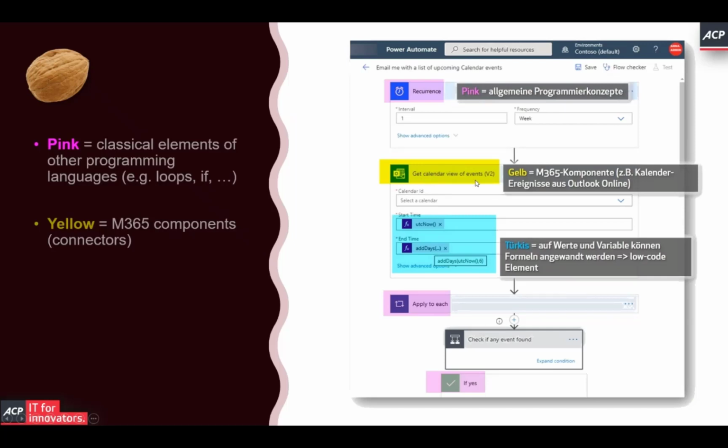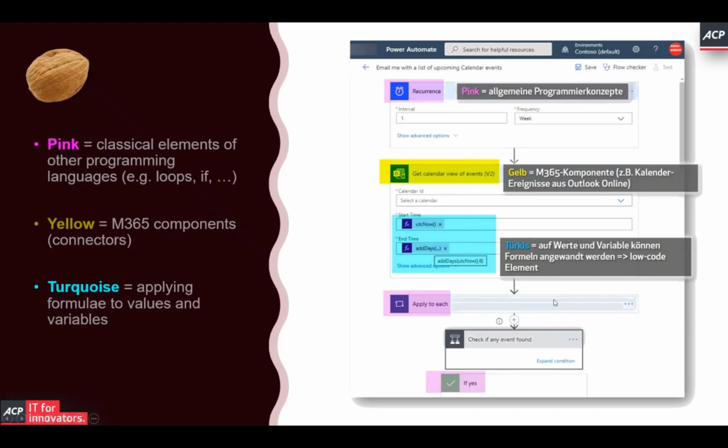And these are crucial because that means that out of the box with what your tenant comes with, if the user who's doing the automation has the according licensing situation, they can use all kinds of connectors from within Microsoft 365 to automate the process, but not necessarily. And the turquoise bits, that's also sort of unique to Power Automate, is that on top of the connectors and everything that you can see here, you can apply formulae and different kinds of prefabricated formulae that come with the system that you can apply to values and variables.